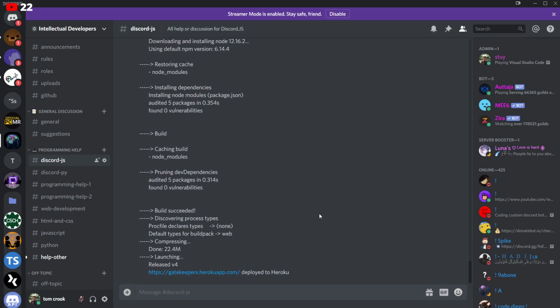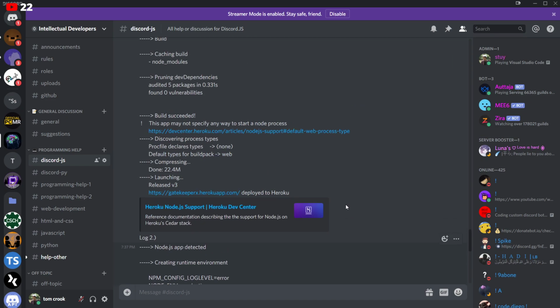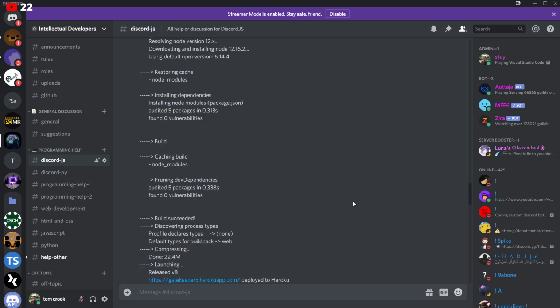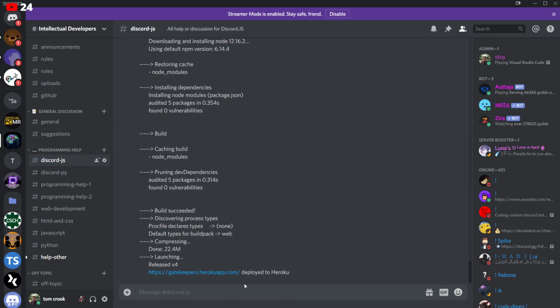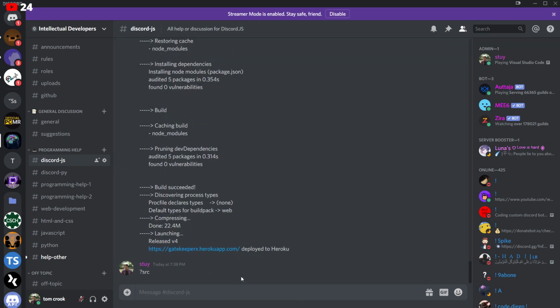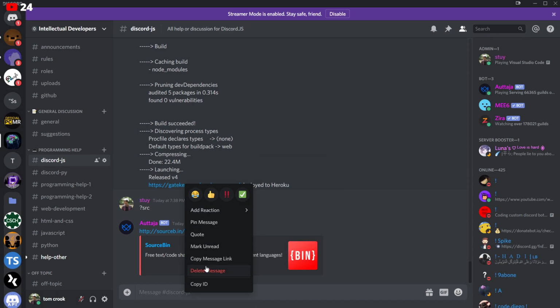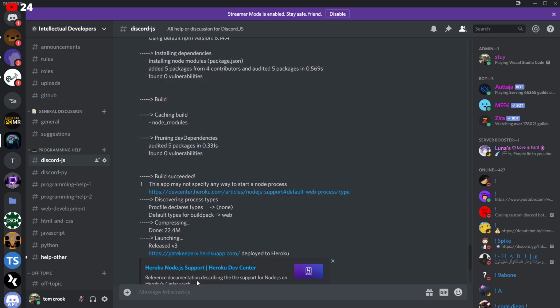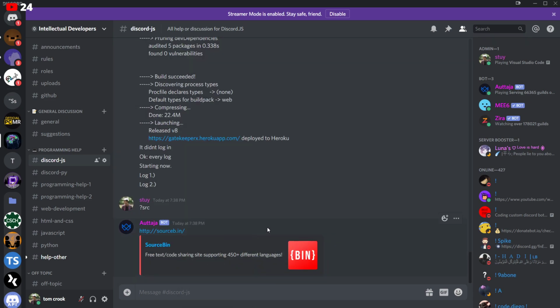If the bot's not logging in, I think I would have to see the code, though. I think maybe you are, hold on, why don't you do this? Use something like this. Use SourcePin. That'll be a lot easier for everyone to read. But I think if it's not logging in, it might be because you don't have the tokens set up correctly on Heroku. I'm not sure. If you post the code, I can see how you're logging in with your bot, and we can probably judge from that.